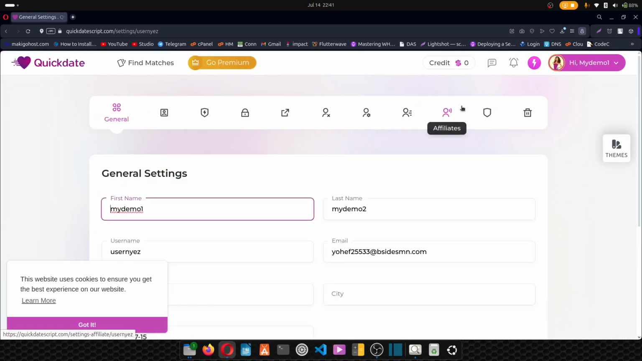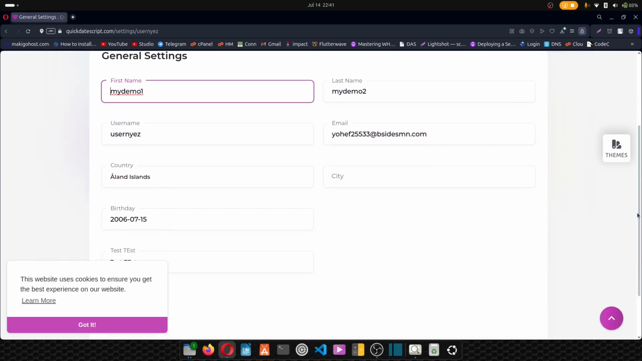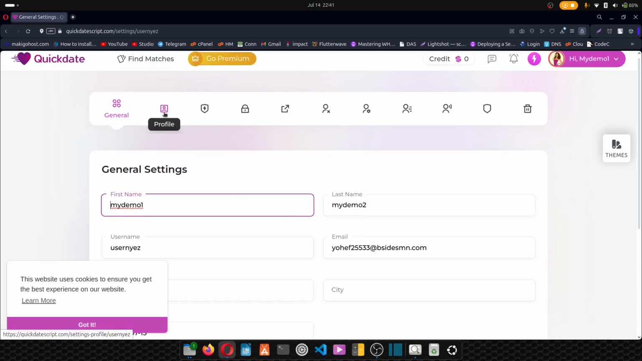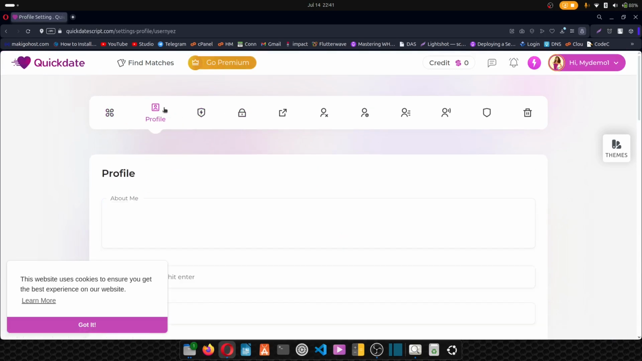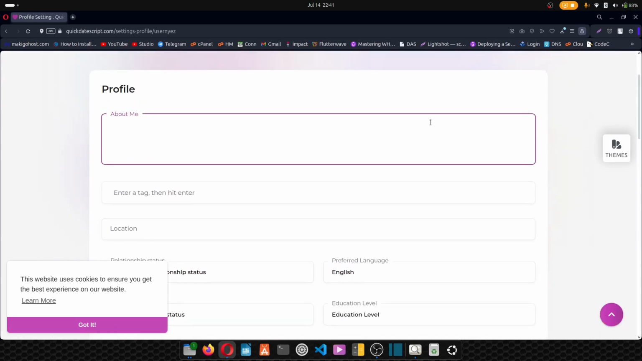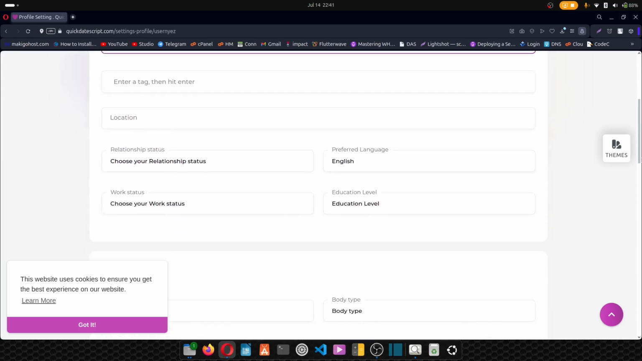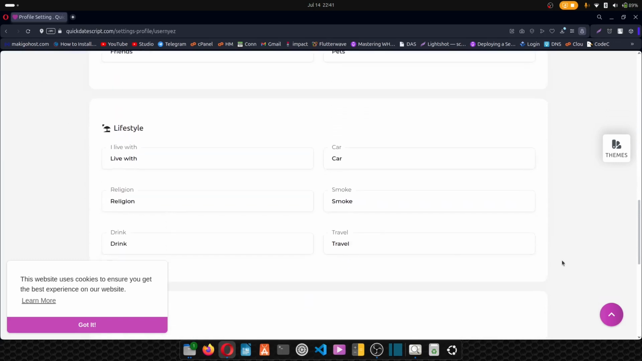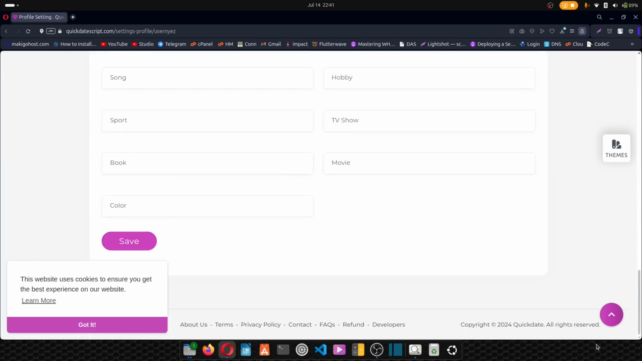Click here to edit, and you can edit your profile details. I'll scroll down and enter my details, my city, and on top we have some menus that you can click on. Profile, enter your about us, so your users will enter their about, what they want people to know about them. They'll enter tags, their location, their preferred language, work status, education level, looks, personality, lifestyle, favorites, and they can save